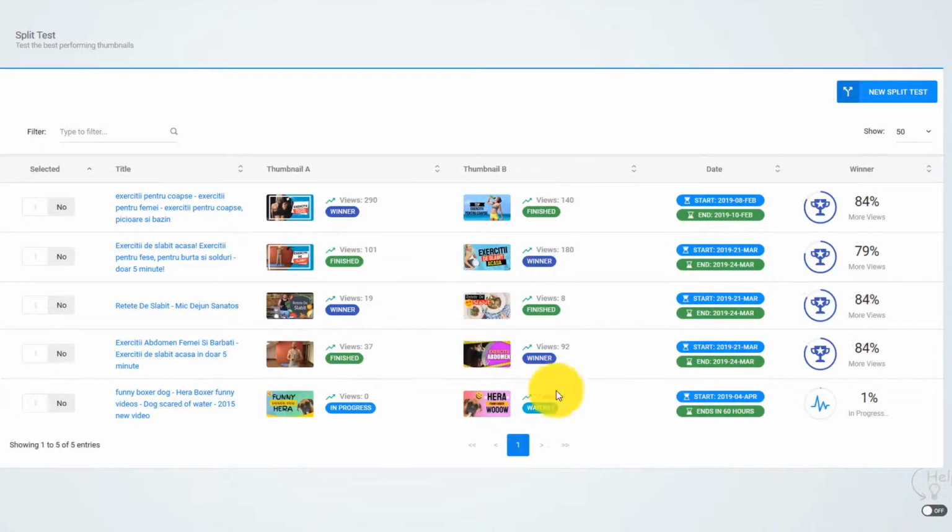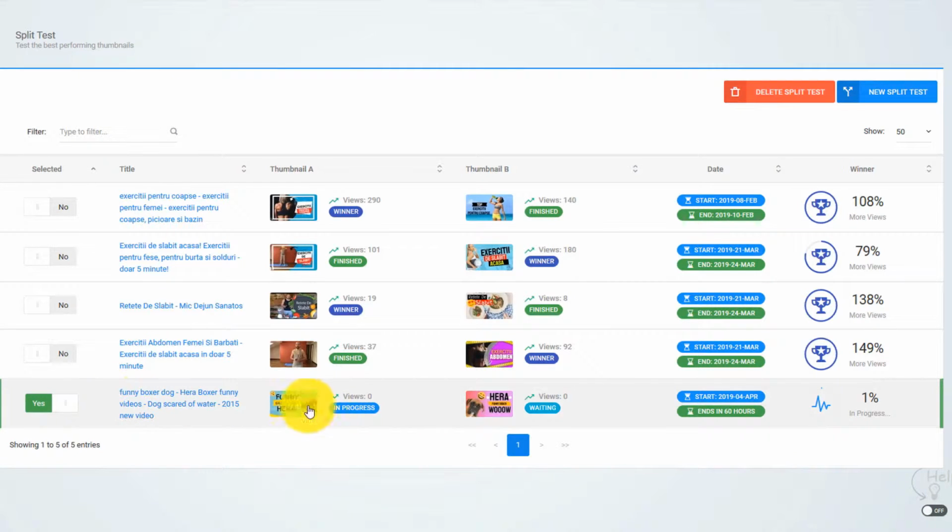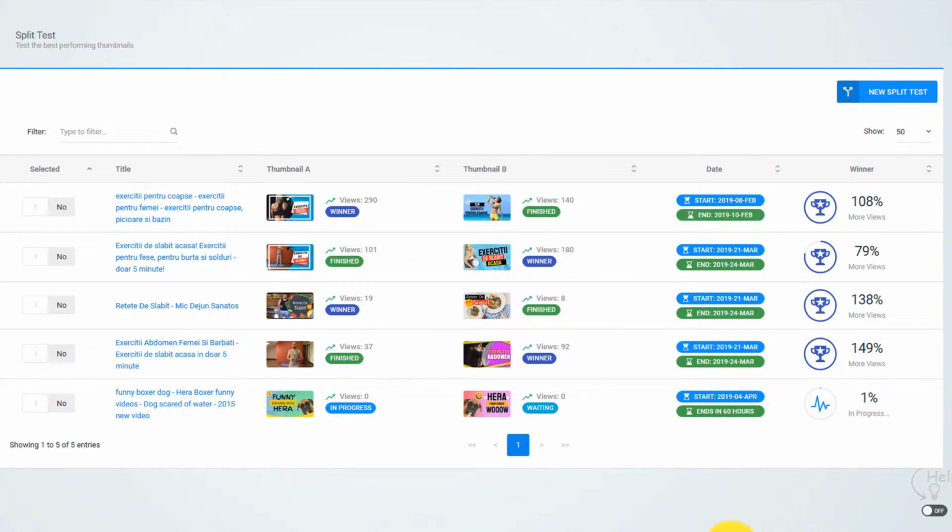Now I really hope you see the power of Thumbnail Blaster and how it can help you and your video marketing campaigns. You can check out all the features and more templates somewhere below on this page. I'm sure you will love this app. Thanks a lot for watching this video.